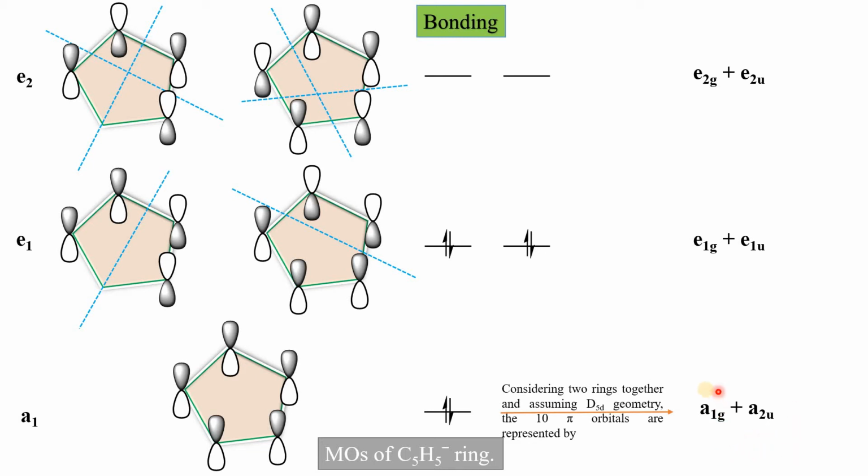So how is there a formation of A1g and A2u, E1g and E1u, E2g and E2u? I am just illustrating this point by considering only the first combination, A1g and A2u, how A1g is formed, how A2u is formed. And when these orbitals combine with the suitable sign, they are known as the SALC, symmetry adapted linear combination.